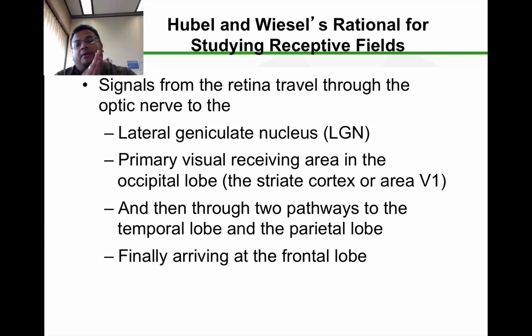And then from there, pathways take the analysis from that area to the temporal lobe, which is here on each side of your head, and the parietal lobe, which is on the sides and the top. And then finally, whatever analysis comes out of there goes to the frontal lobe here. The frontal lobe in humans is where we do most of our higher level thinking and planning. So it's very important that anything you see makes it there so that you can deal with